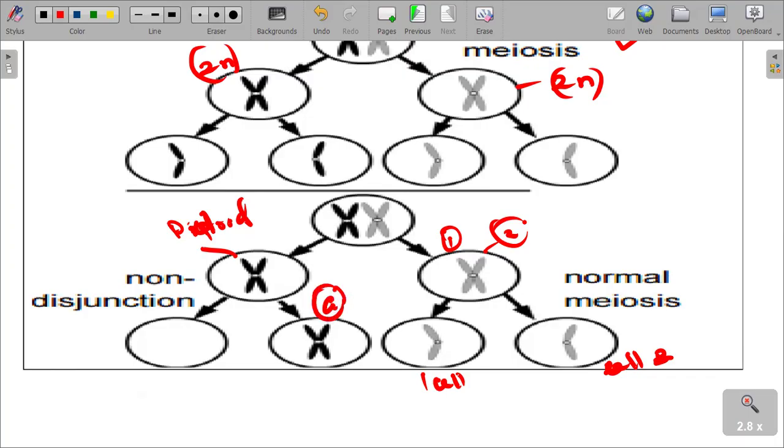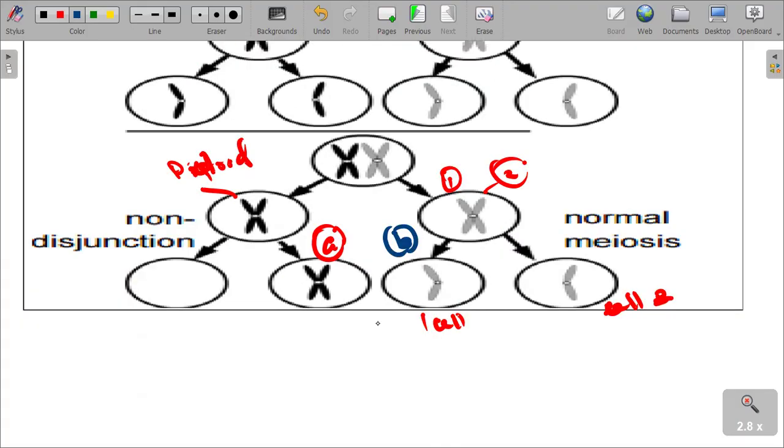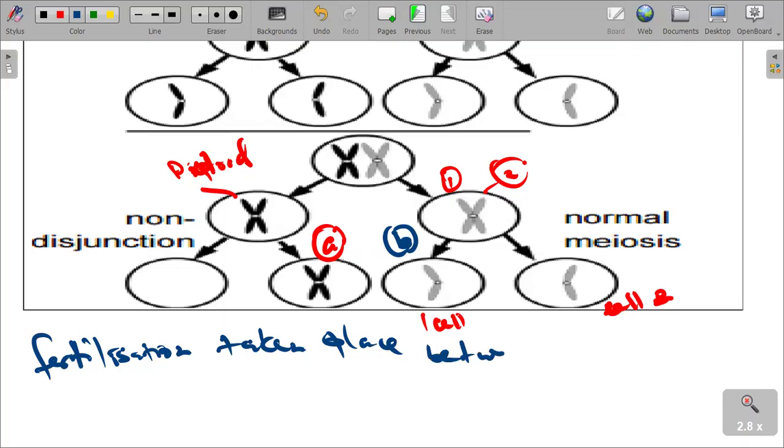Cell A, if in some cases it is fertilized by cell B, when we see that fertilization has taken place between cell A and cell B that you see there,